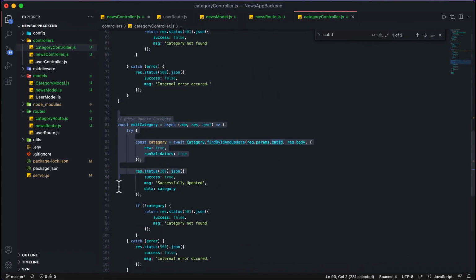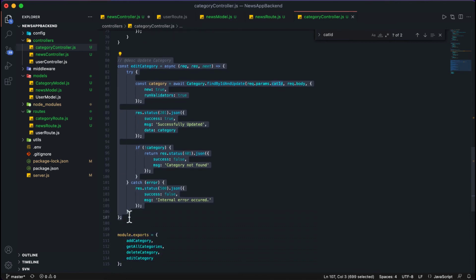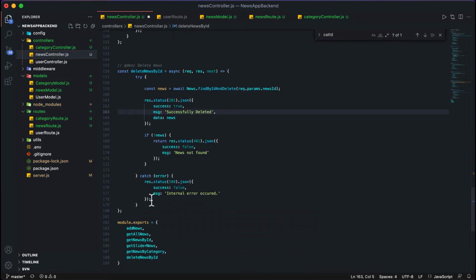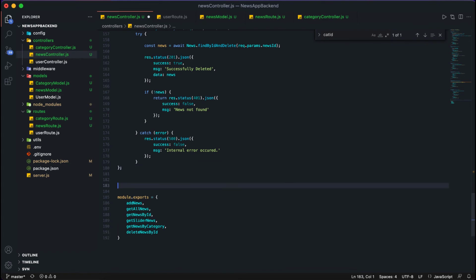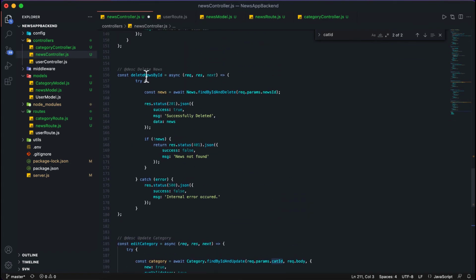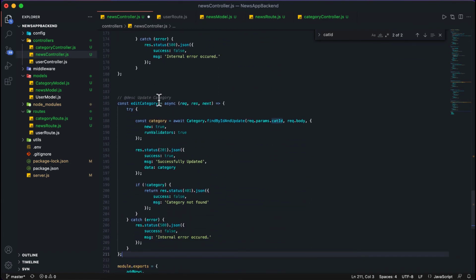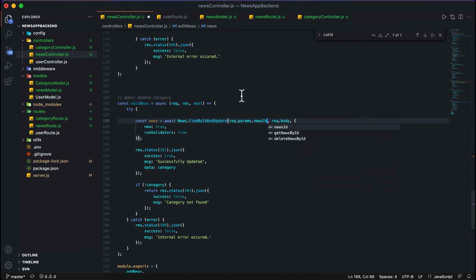Fine, then I will copy this one, then I will add it here, then I will copy the edit from the category. So I am copying everything here, then in the news controller I will paste it here. Okay, let me change this to edit news. Then this will become news, then this will also become news, and this will also become news id. Okay, done.